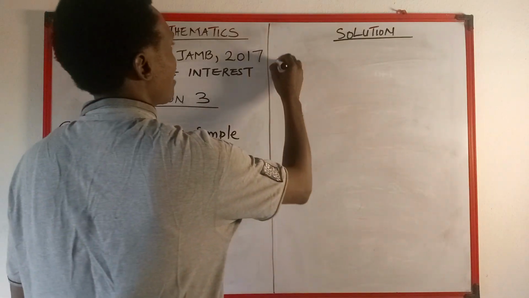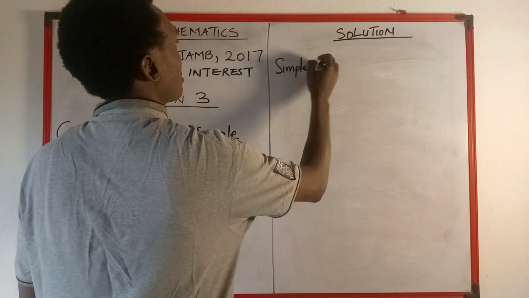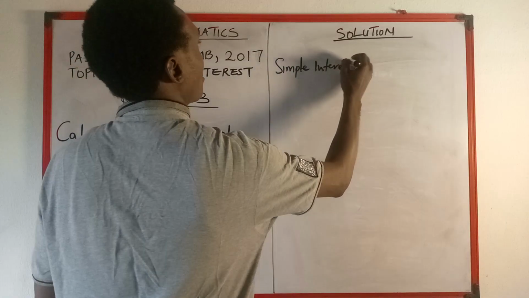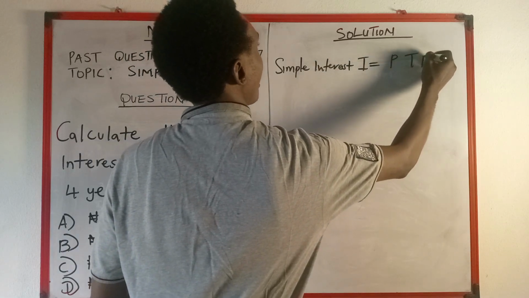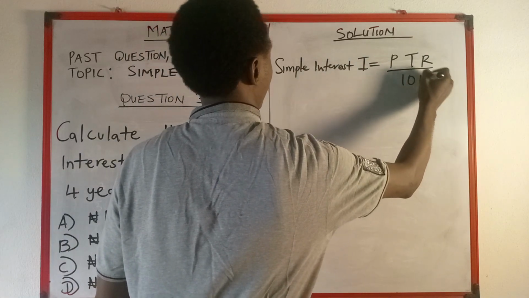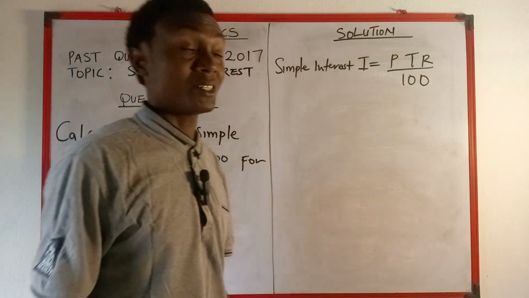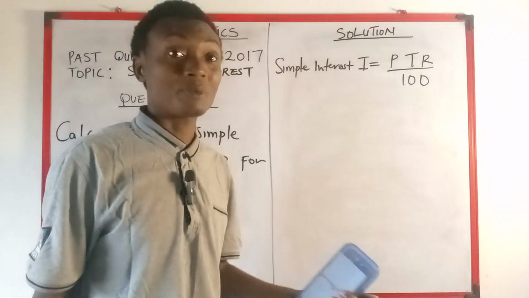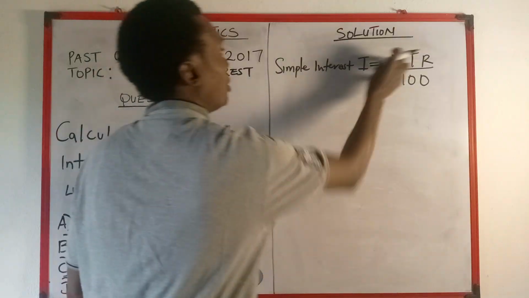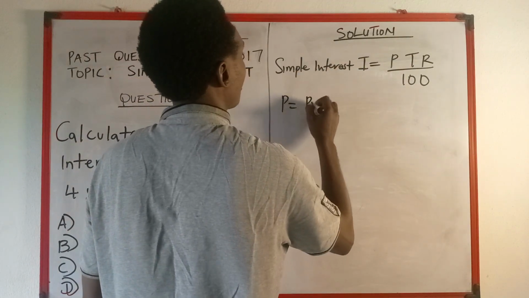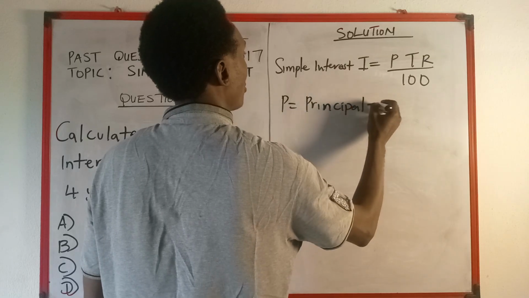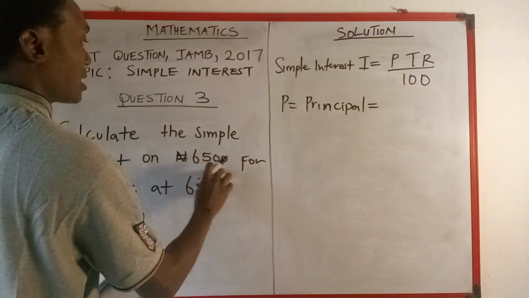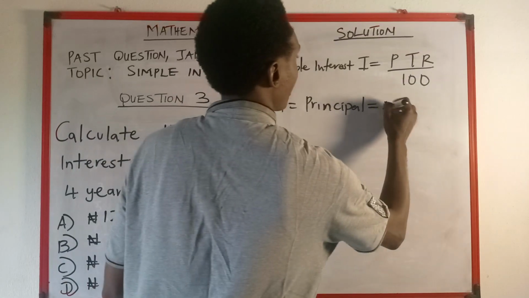So simple interest has a formula. I is given as PTR over 100. It's quite a simple formula, okay? But some students still face such type of question, okay? Now, P here is what we call the principal, which is the figure that is given here. Principal is given here as